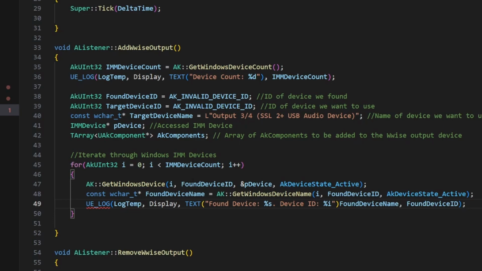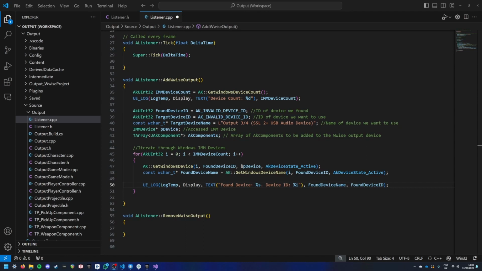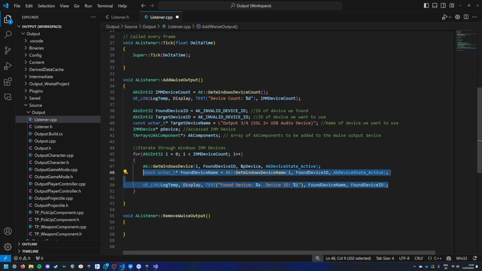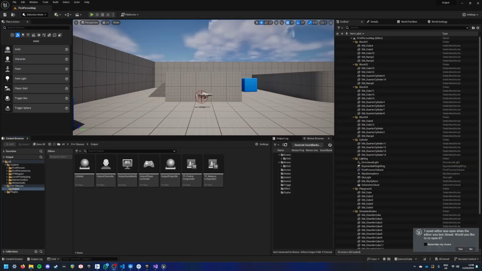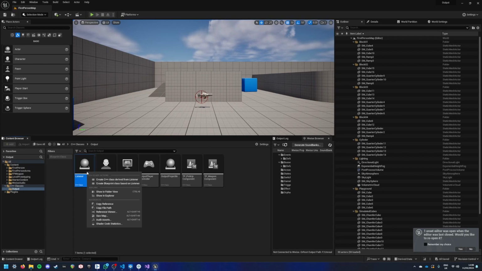And I have an error. Okay, I've just played around. I'm not sure what the error was, but just make sure that these two lines of code look like this. Okay, once you have done that, you want to compile all your code, reopen the editor, and we're going to